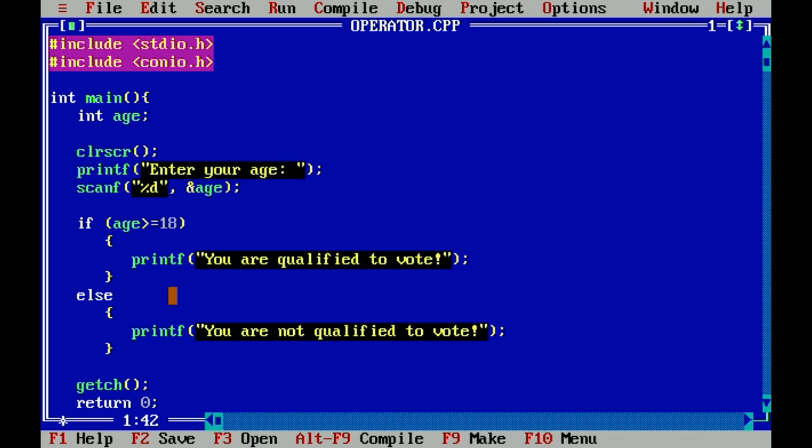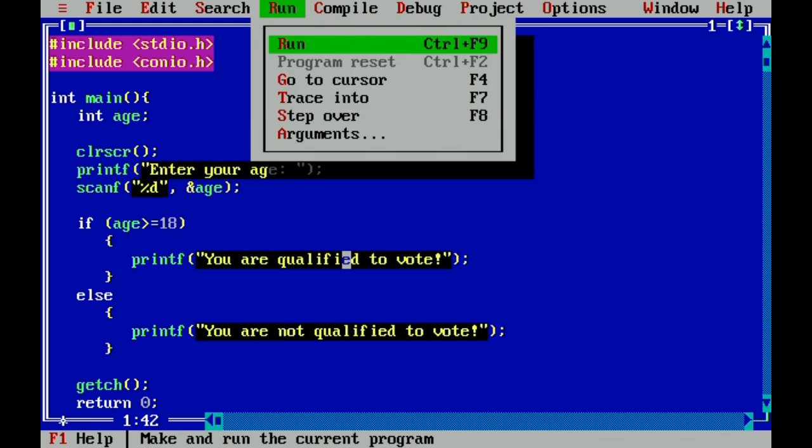120 is still greater than 18, so with this condition alone, you will always have a result of qualified to vote. If you take a look at the previous program when you run it, if you have an age of 150, it will still print qualified to vote.